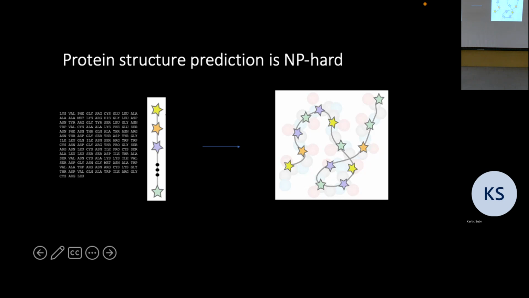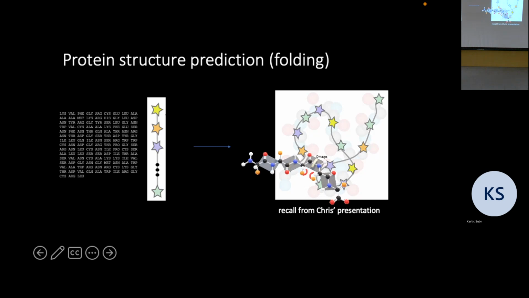AlphaFold was in the news. Everybody has heard of AlphaFold because they solved this age-old problem. They came up with a neural network that would compute this folded structure given this string, and they were able to do this with pretty high accuracy. Ultimately, when it's finished, it looks something like this. Each of those is one amino acid, and they settle in some 3-dimensional structure.